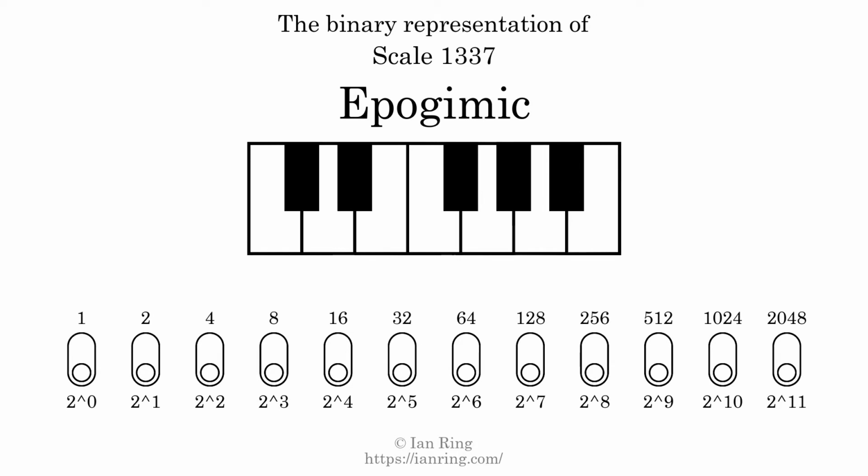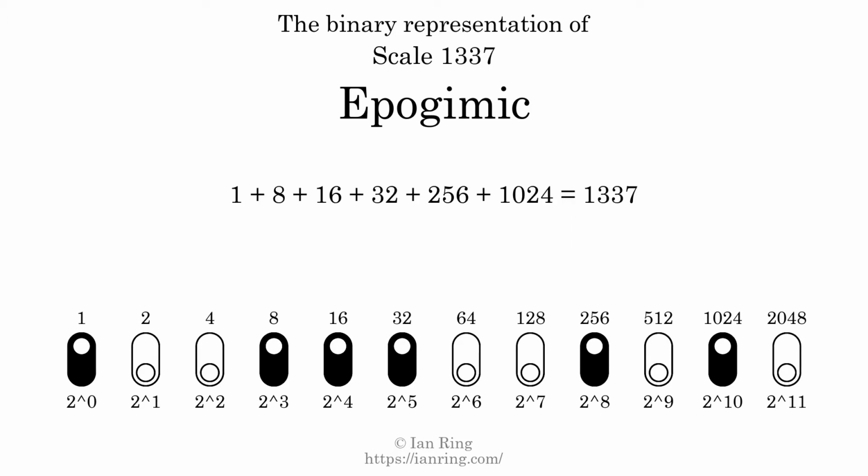The binary representation of this scale is determined by mapping tones of the scale to binary digits. Each binary digit represents a power of 2. To get the scale number, we add the powers of 2 together. The powers of 2 that are present in the scale, all added together, equals 1337. That is why the scale number, in decimal, is 1337. The scale number not only enumerates the scale with a unique index, but it also literally describes the tonal content of the scale. Represented as a binary number in base 2, the scale number is